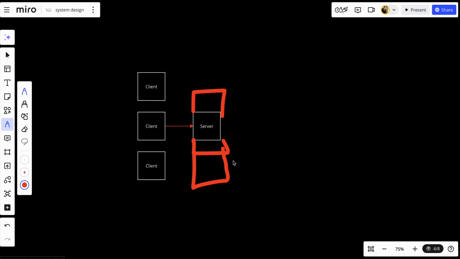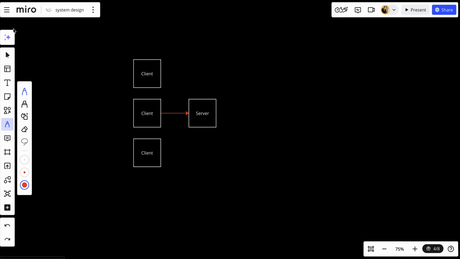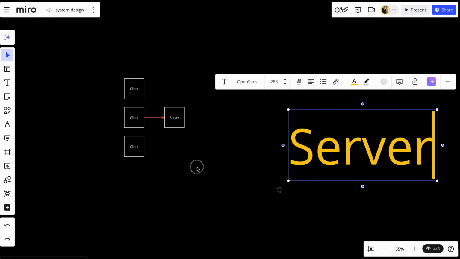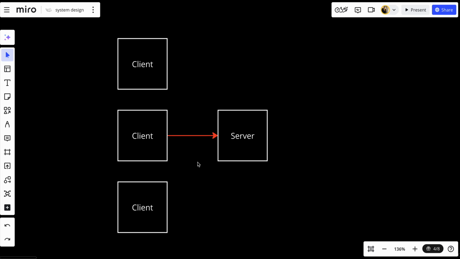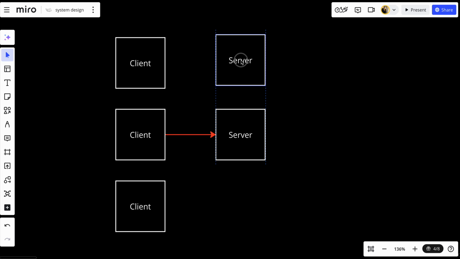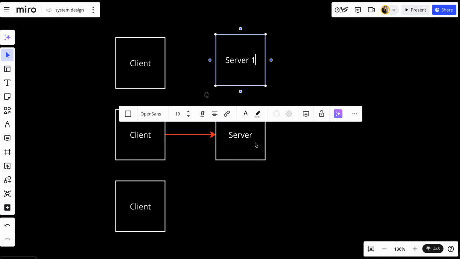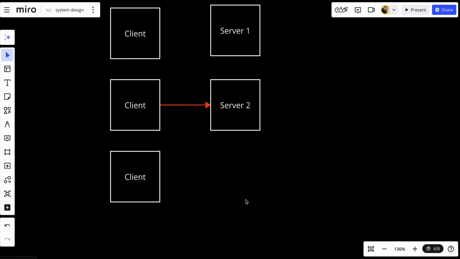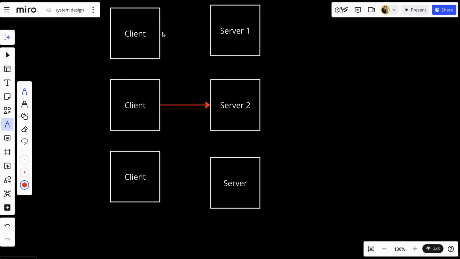On the other hand, there is what we call horizontal scalability. Horizontal scalability basically means that we add more machines. So we can add server one, server two, and server three. Each server can handle the load of one client, for example. So horizontal scalability means adding more servers to distribute the load, often seen in a cloud environment. This approach is often more flexible and cost effective as your system continues to grow.